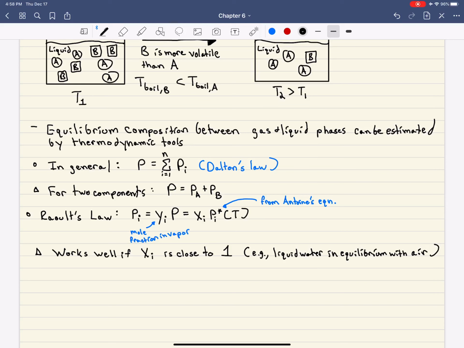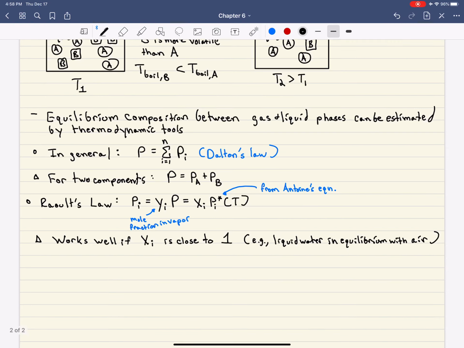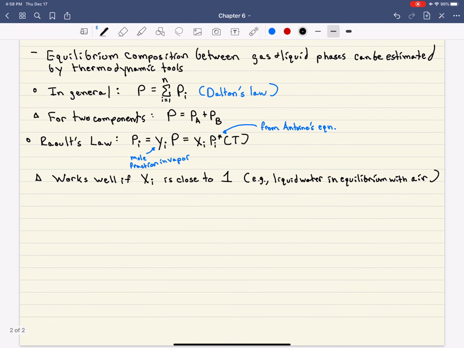The final thing I want to discuss here, I introduced Dalton's law and now Raoult's law, is we could even combine them as well, right? And so let's say we combine Dalton's and Raoult's law, right? And so what we're going to get is,